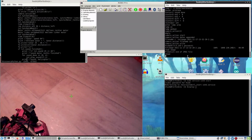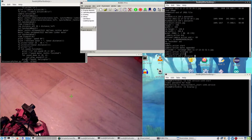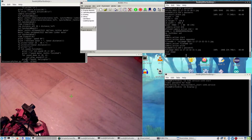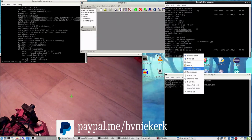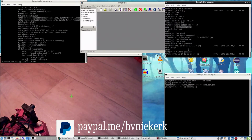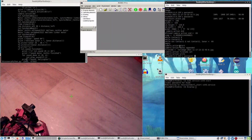And it looks like the speed is not high enough again. It's not even jolting, which is quite worrying, because then what is the right speed? 600 is quite a speed already. Okay,